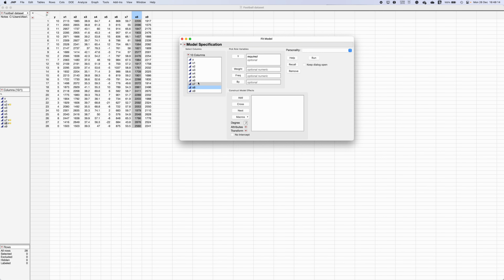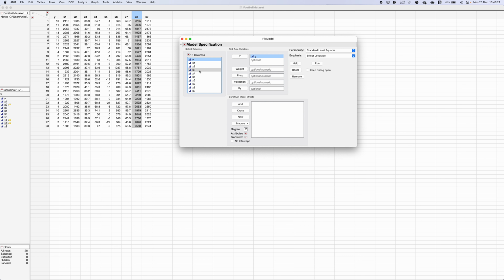Now supply the variables, or basically pick the role variables. For example, this y column is the y variable, and x2, x7 and x8 are the x variables, so they will go here. Now suppose you want to add an interaction effect between variables, how you can do it is